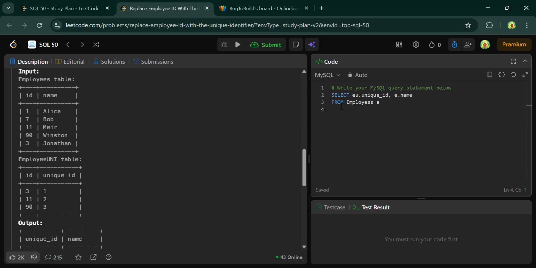You have to use a left join because I want all the names from the left table, which is the employee table. I will do the left join with the employee unique table,